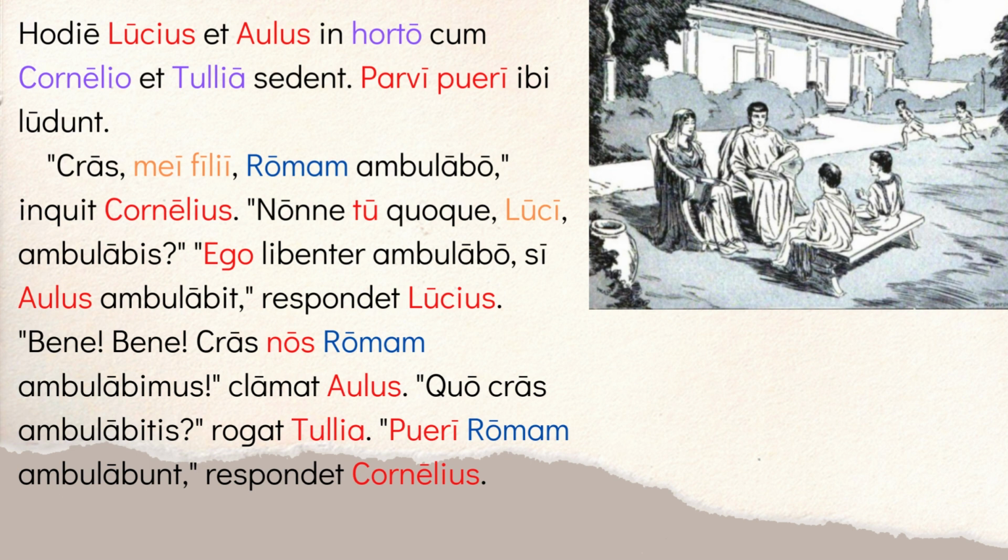So the two boys are sitting there, Lucius and Aulus, right? And one of them gets asked, Lucius, are you going to walk to the city? And he says, I will walk, right? Libenter, I'll gladly go, right? I will walk, meaning to the city, if Aulus will walk. So there's a kind of condition here, right? If Aulus ambulabit. So this is giving you repetition on the different endings. You have ambulabo, ambulabis, and ambulabit in these two lines, right? I will walk, you will walk, he, she, it will walk.